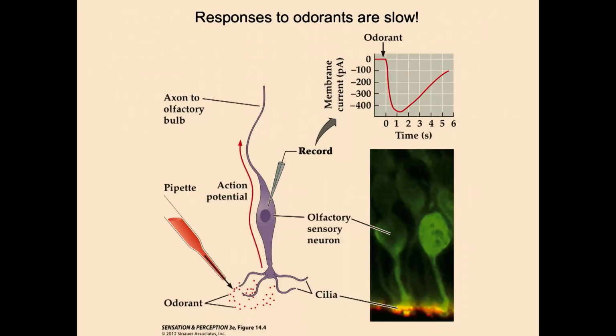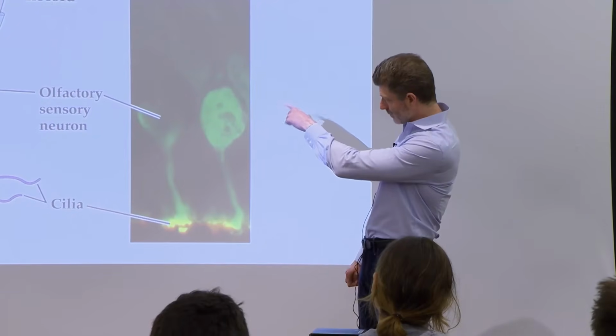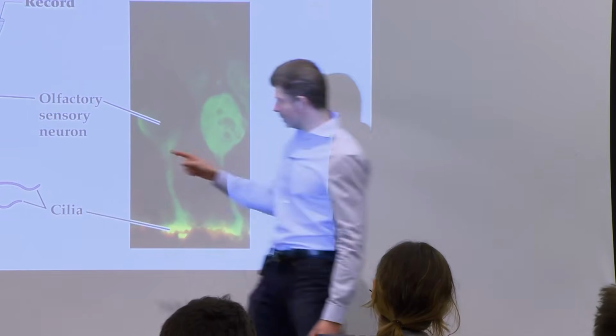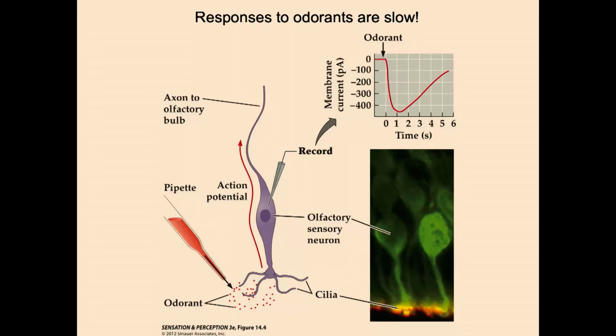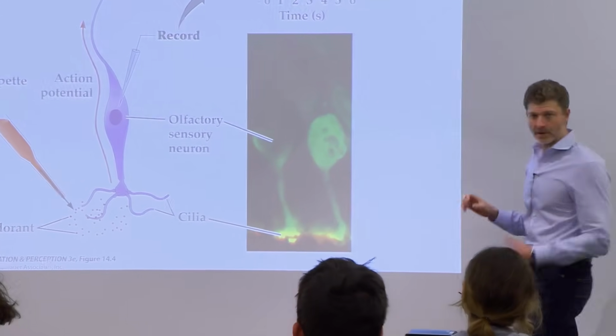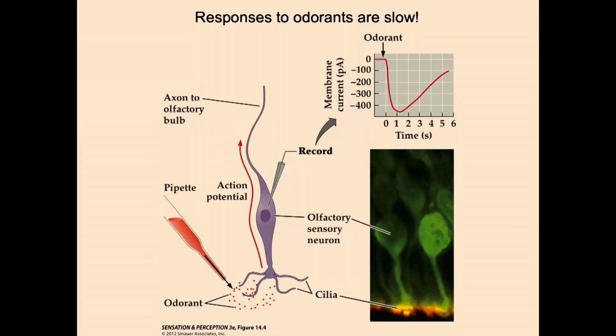One big difference is that smell is slow. Okay? This is a graph that shows an example of that. Here's an experiment where the experimenter had an electrode next to, or patch clamped to, this olfactory sensory neuron. I guess it's a patch clamp recording. You spritz odorant around the cilia of the olfactory sensory neuron, and then you measure the change in the membrane potential over time. You can see at time 0, that's when the odorant is spritzed onto the cilia, and then there's a change in the response of the neuron.